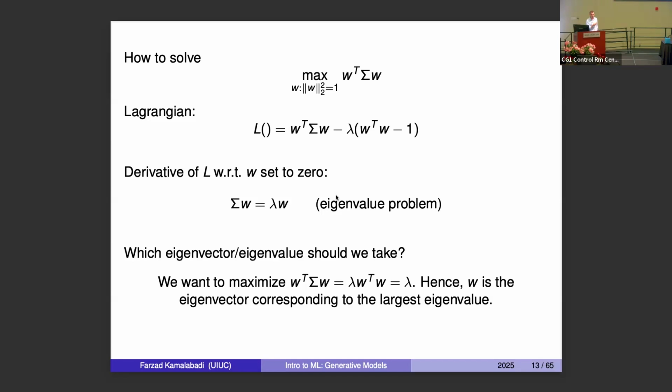Yeah, they're orthonormal vectors, right? That's the basis, orthonormal vectors. So these are basically unitary. And so what you end up with is that this quantity we want to maximize is equal to lambda. So what does that mean? We want to maximize lambda. Okay, what does that mean? You pick the maximum of the lambdas that you have, the largest eigenvalue, and that should give you the direction of the largest variance. And how do we reconstruct that?